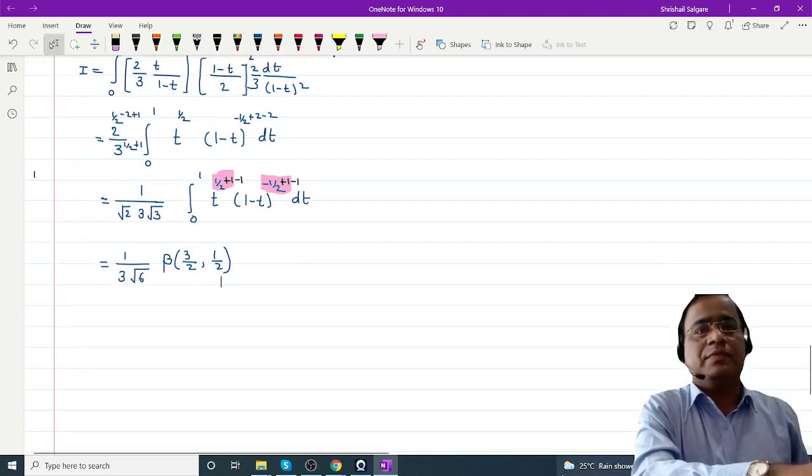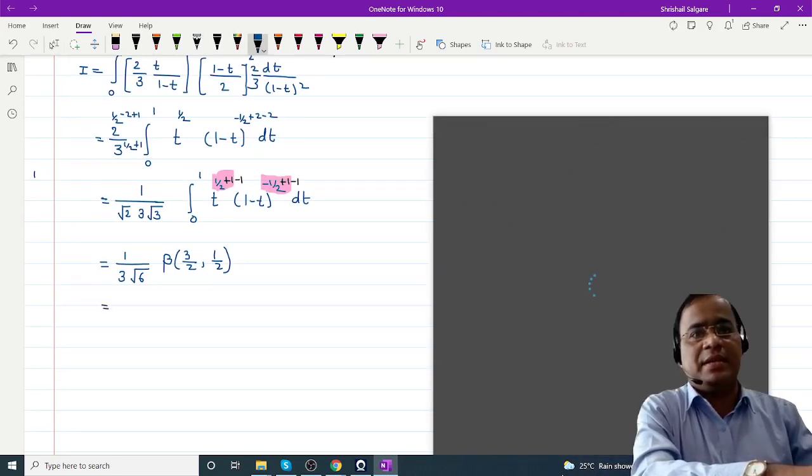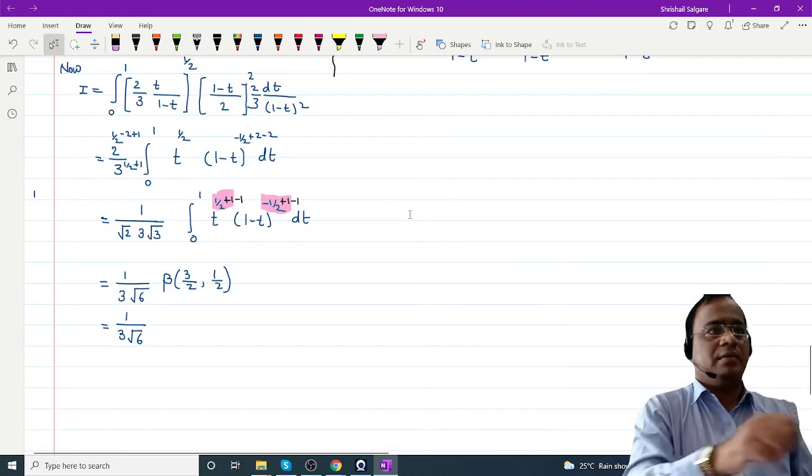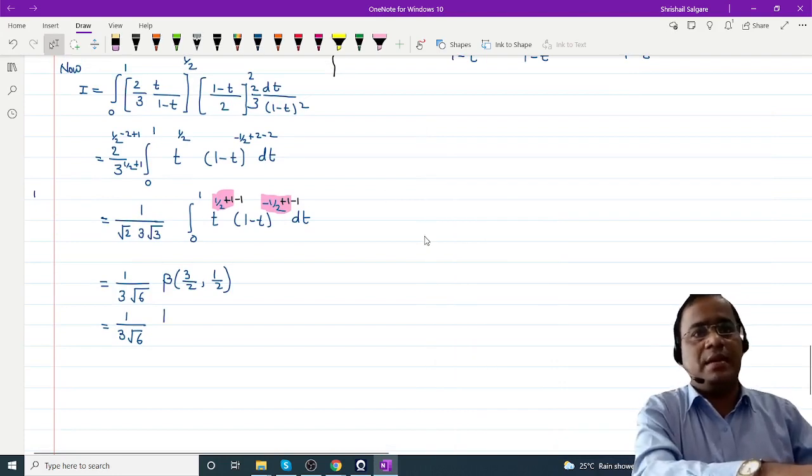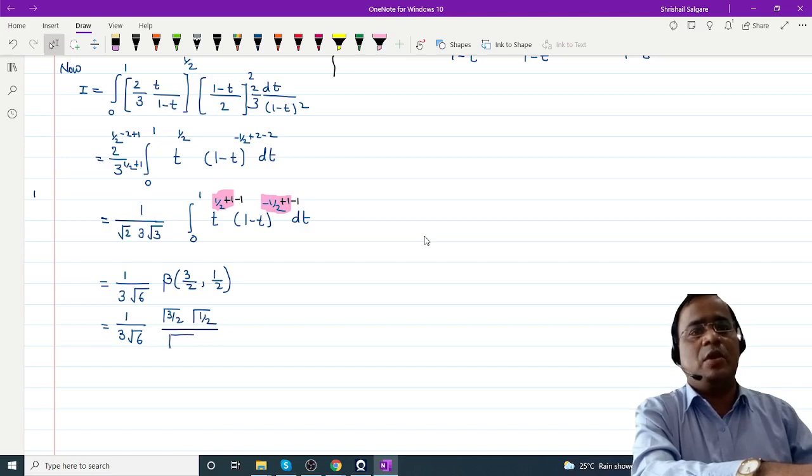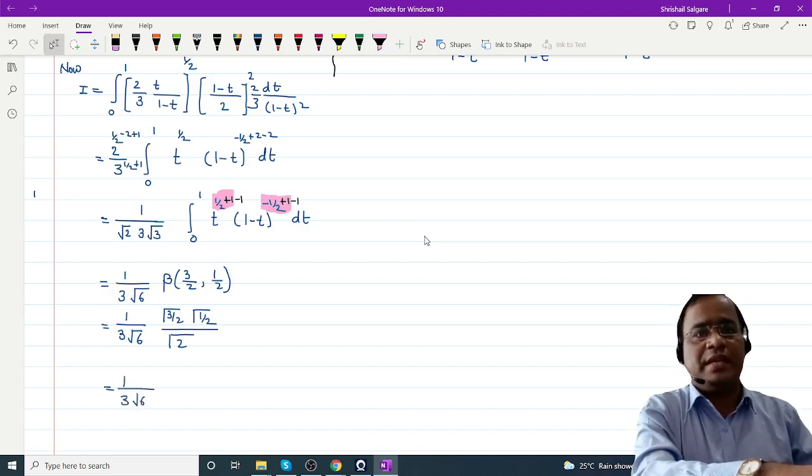Okay. Now further, if you are simplifying, it can be written as 1 upon 3 into root 6, and it is coming something here: 1 upon gamma of 3 by 2 into gamma of 1 by 2 divided by, what is the term? Gamma of 3 plus 1 is 4, divided by 2 is 2. So further it is 1 upon 3 root 6 into gamma 3 by 2, which can be written as 1 half gamma 1 half. So this gamma 1 half stays as it is, and gamma 2 is nothing but 1 factorial.